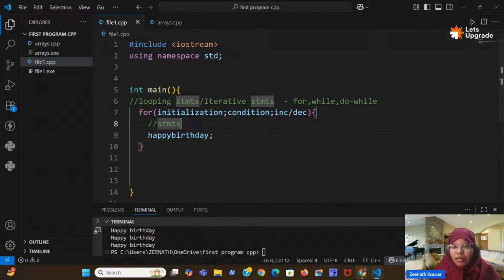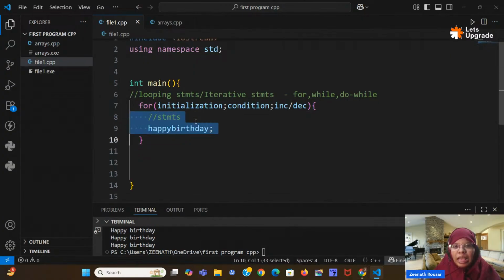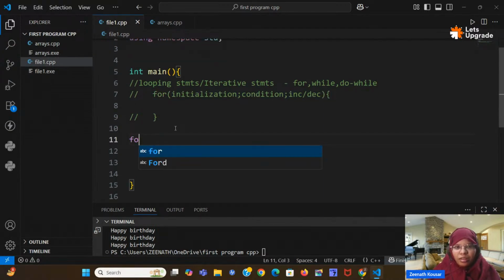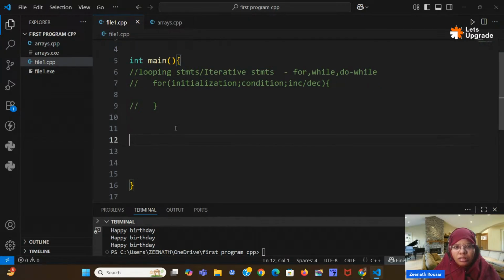So how will it be? I will write one particular example here, then I will explain again. See, this is the syntax. I will write the code here. I will do a for loop: int i equal to 1, with i less than or equal to 10. So 1 2 3 4 5 6 7 8 9 10, so 10 times it will execute. Then I will do i plus plus, and here I will print